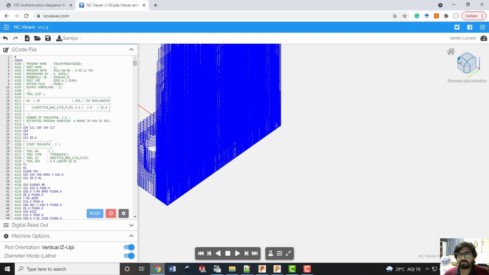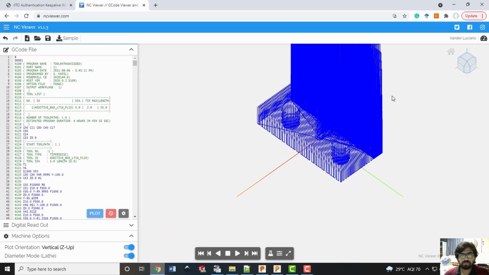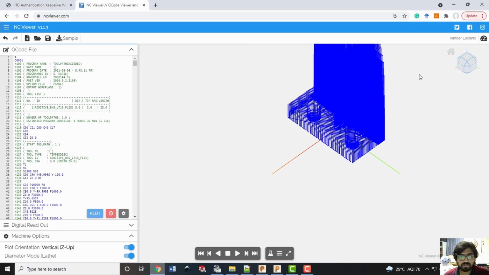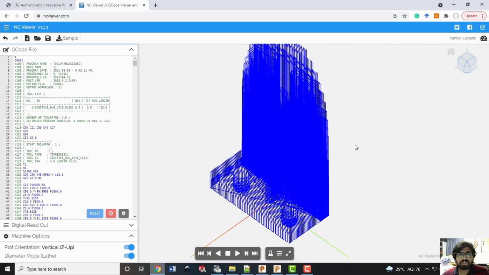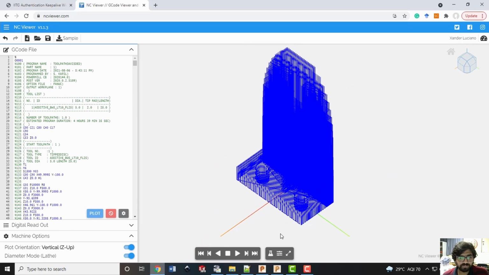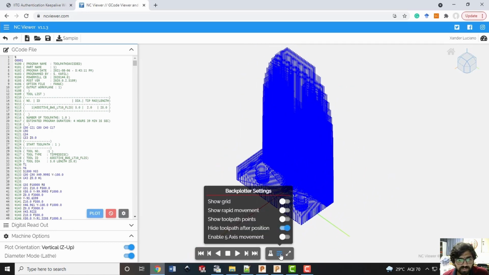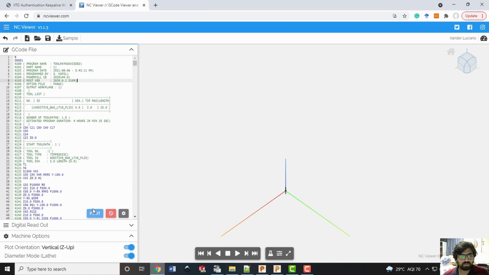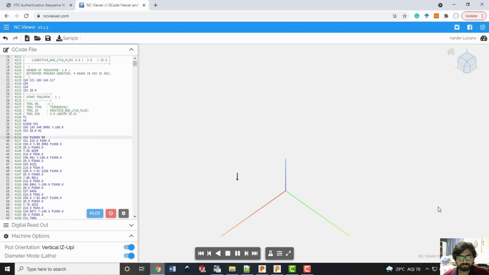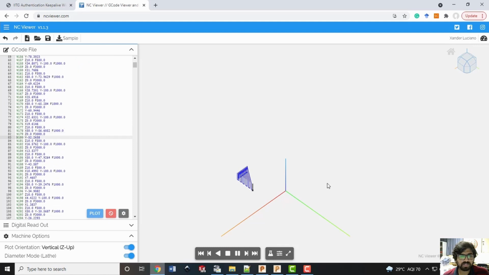So let us try that. There are several links here. That is why we are not able to see it. We can even hide the rapid motion toolpaths. So let us try to build it and then it will be more clear. So this is the first layer.